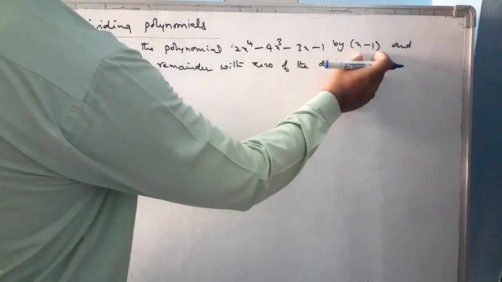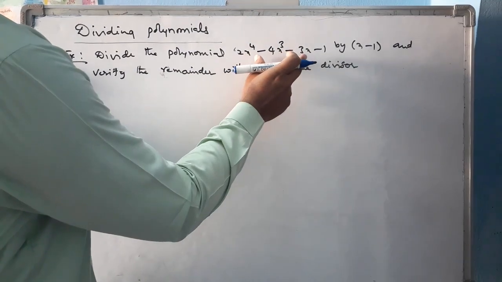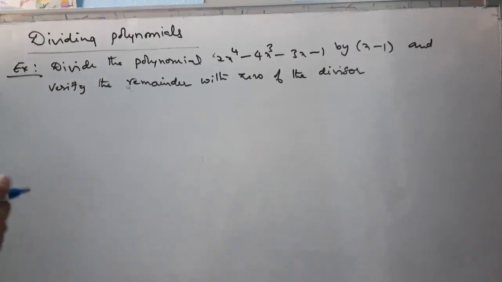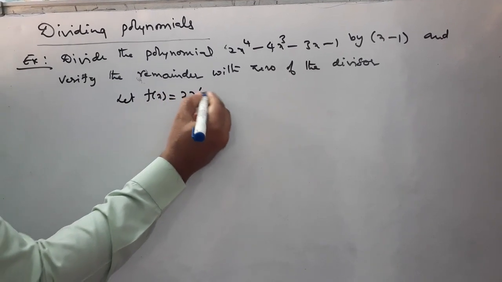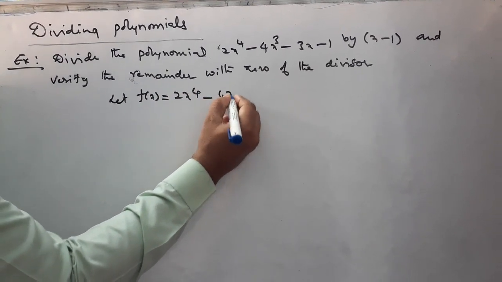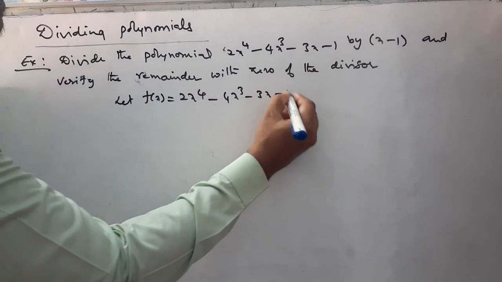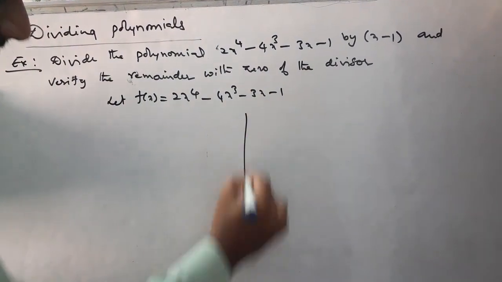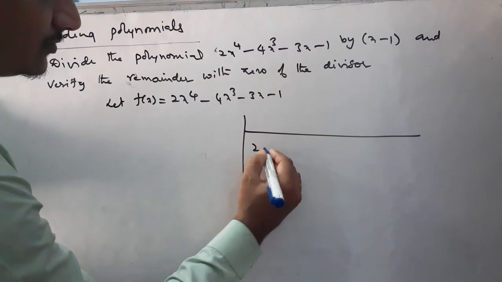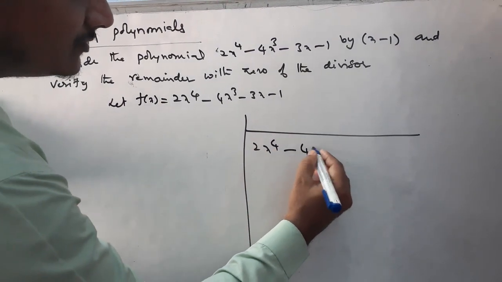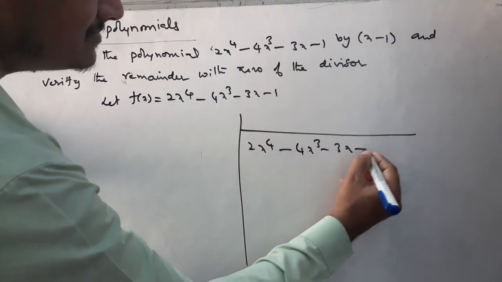This x minus 1 is the divisor, this is the dividend. Let f of x is equal to 2x to the power of 4 minus 4x cube minus 3x minus 1. So now dividing this,